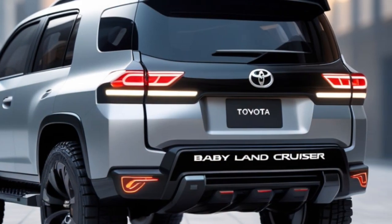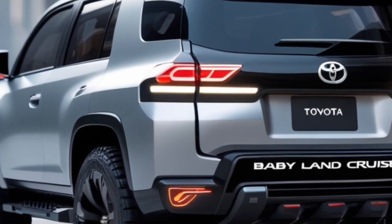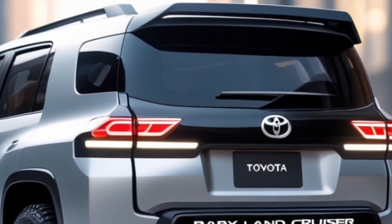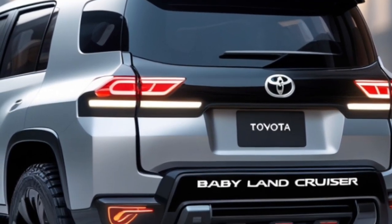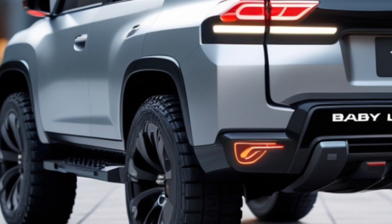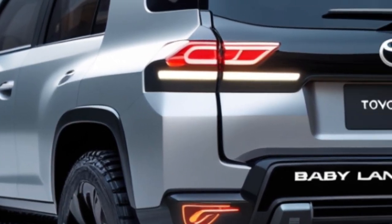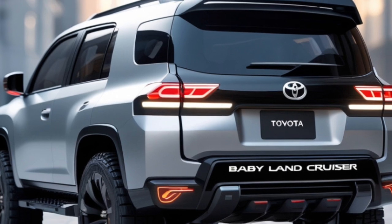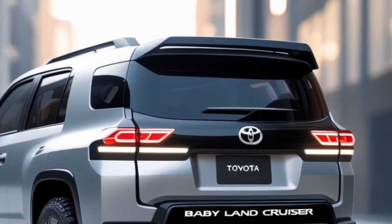Ready to redefine the way families explore the great outdoors? The 2026 Toyota Babyland Cruiser is here to make big adventure dreams fit into a compact, stylish, and family-friendly package. Don't let the name fool you. This baby packs serious punch with the DNA of Toyota's legendary off-road lineage, now in a more urban-friendly, affordable, and